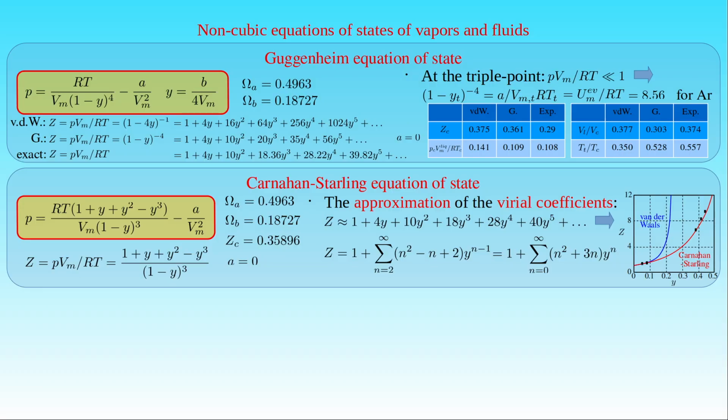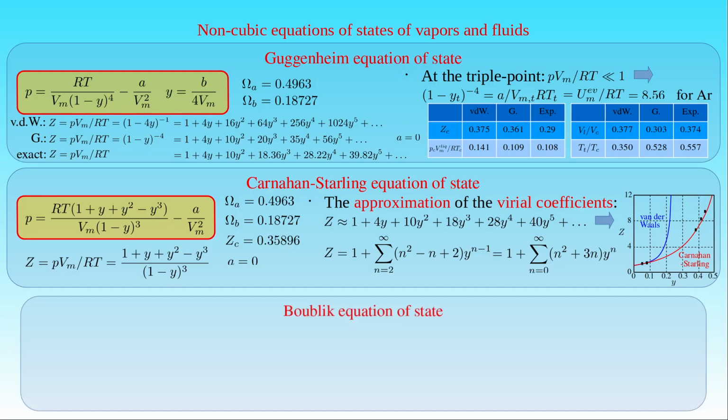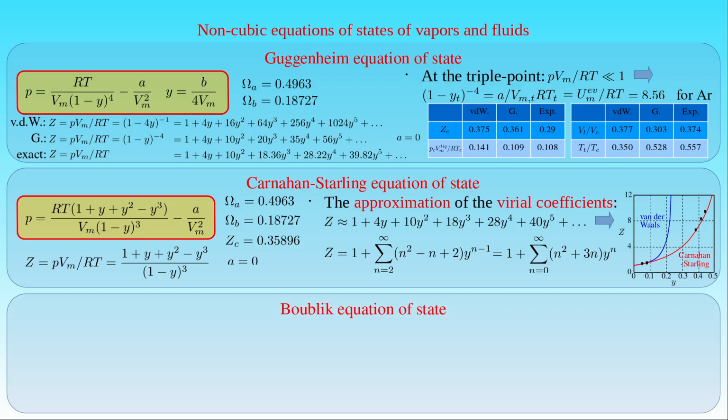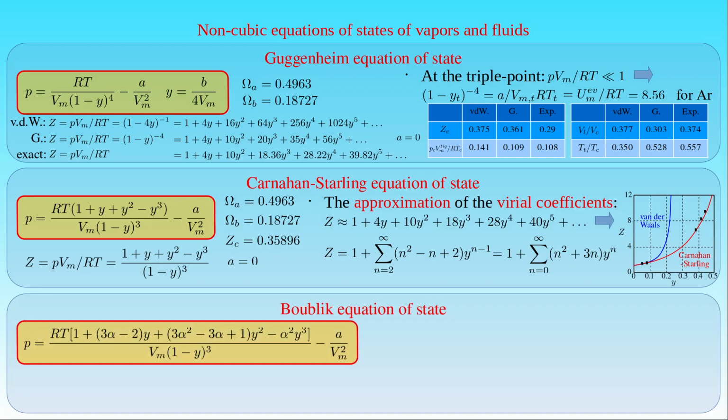The third non-cubic equation of state we present here was proposed by Bublik in 1981, but we show it in a form introduced by Sveda and Kohler 2 years later. The repulsion term in this equation still has the denominator 1 minus y raised to the power 3, as in the case of the previous equation of state, but the cubic polynomial in its numerator contains multiplication factors depending on